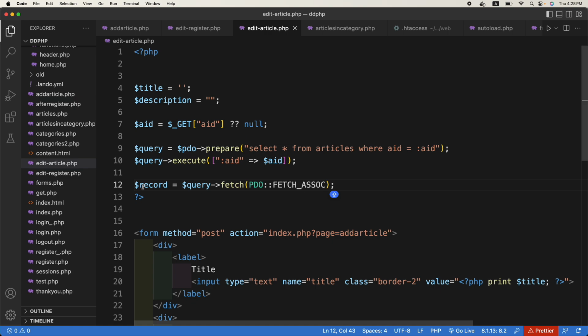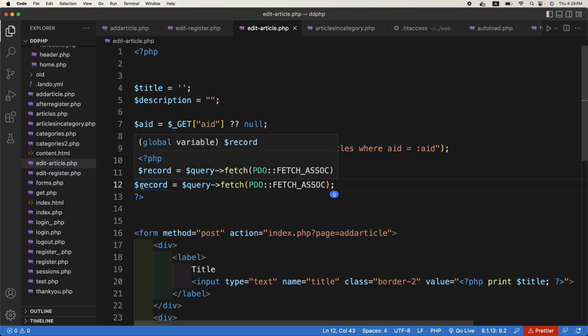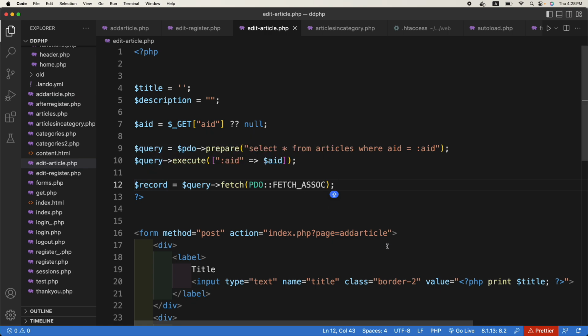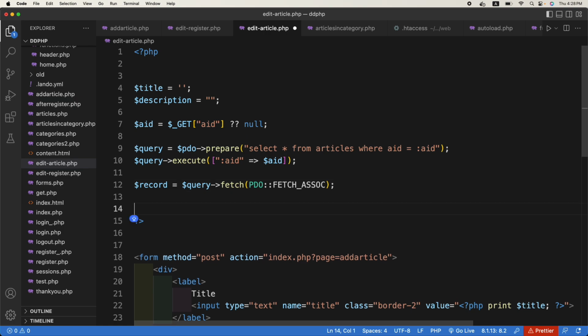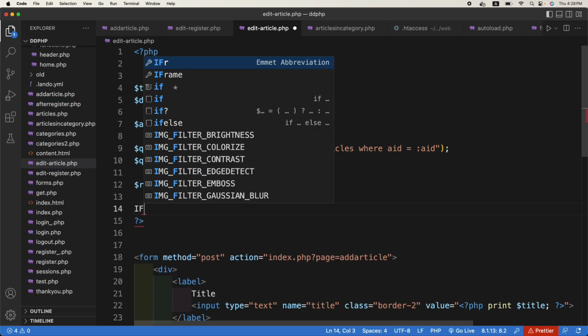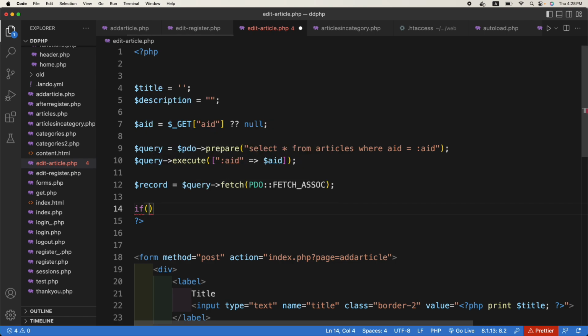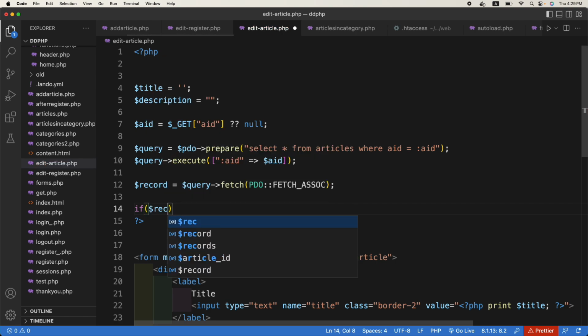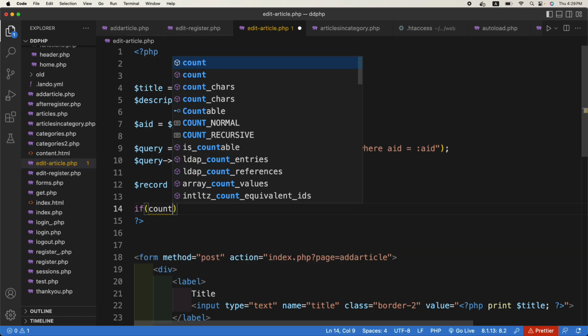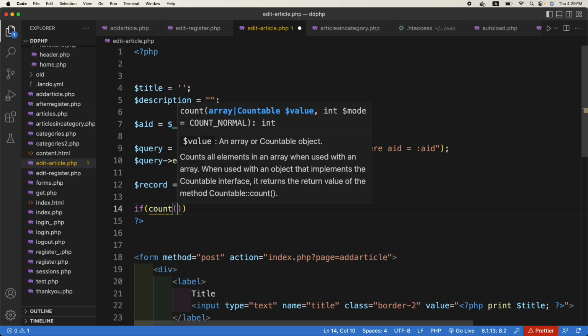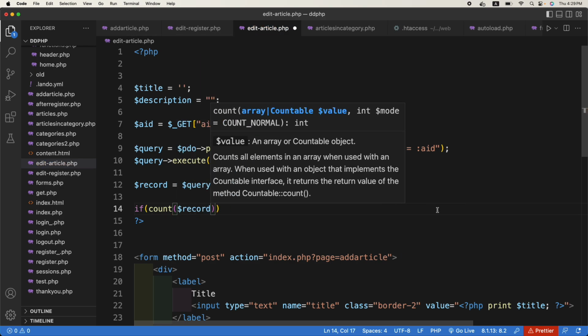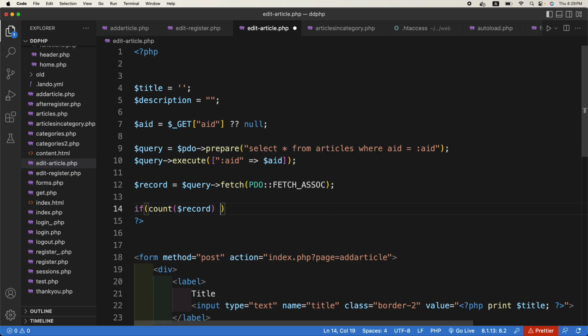Now it will have a record, so if the size of it is more than 0, it means it has a record. So if count, and we can use the row count as well. So if count of record is greater than 0,